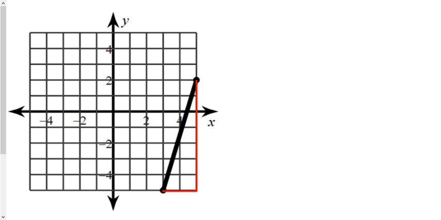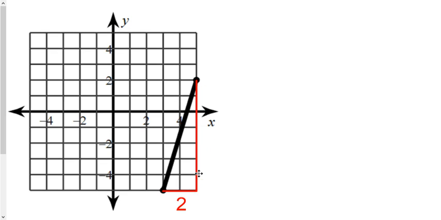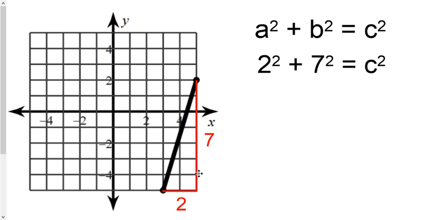You could see here there are two little squares sitting here. So 1 and 2, and then here it'd be 1, 2, 3, 4, 5, 6, 7. So you do that count, and then you know the length of each side of the right triangle. You know its leg length. So you know that the bottom would be 2 and the right one would be 7. You come over and use the Pythagorean theorem, plug in your legs,